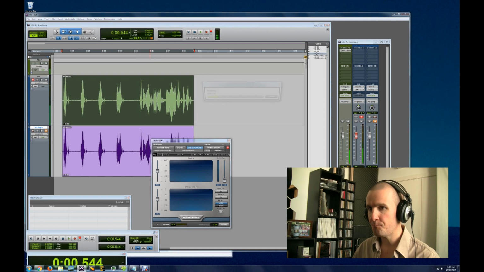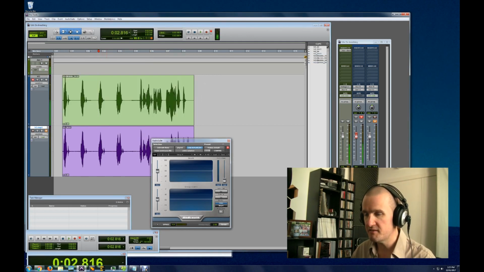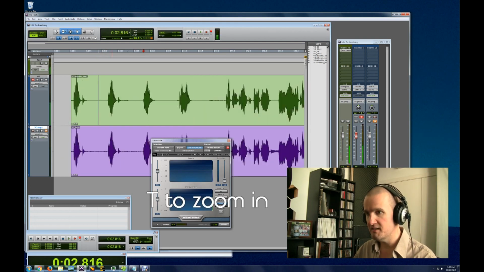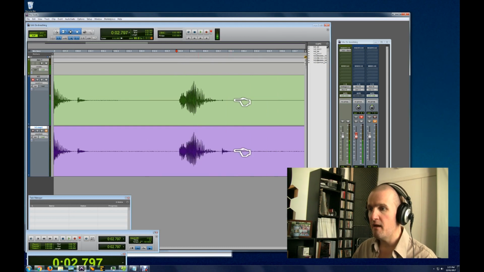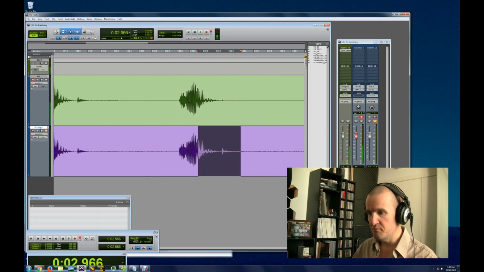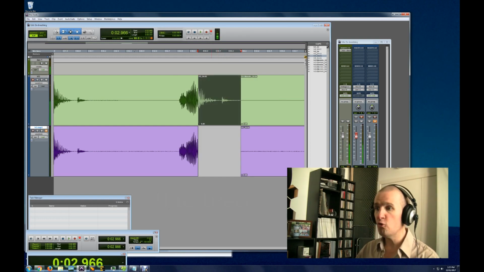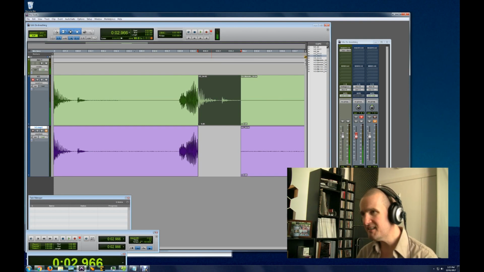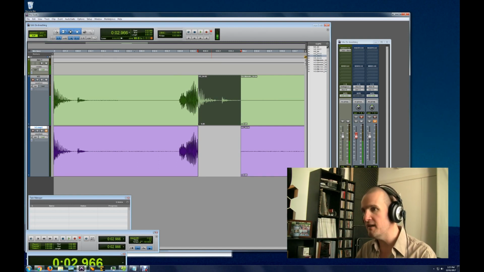So I'll go render. And in the exact same spots, because it's an algorithm, we will have lost some audio. So let's zoom in. TTT, Cork. Let's just close that. Now, all I do is hit B and drag it up. And you can drag it up because all Waves DeBreath does is, I think it does a tiny little bit of high-pass filtering, but the major thing it does is it just clips out what it thinks are breaths. It doesn't do any other changes to the frequency spectrum apart from that filter at the bottom end,